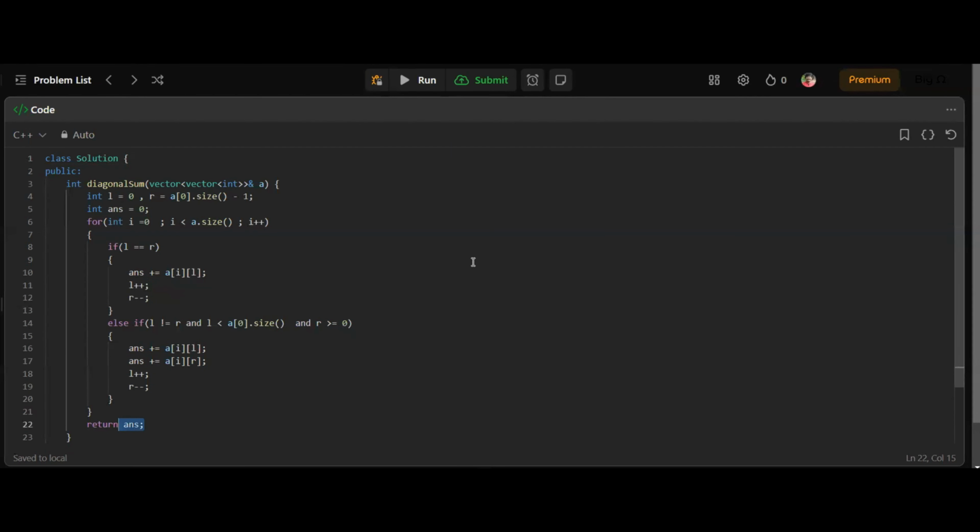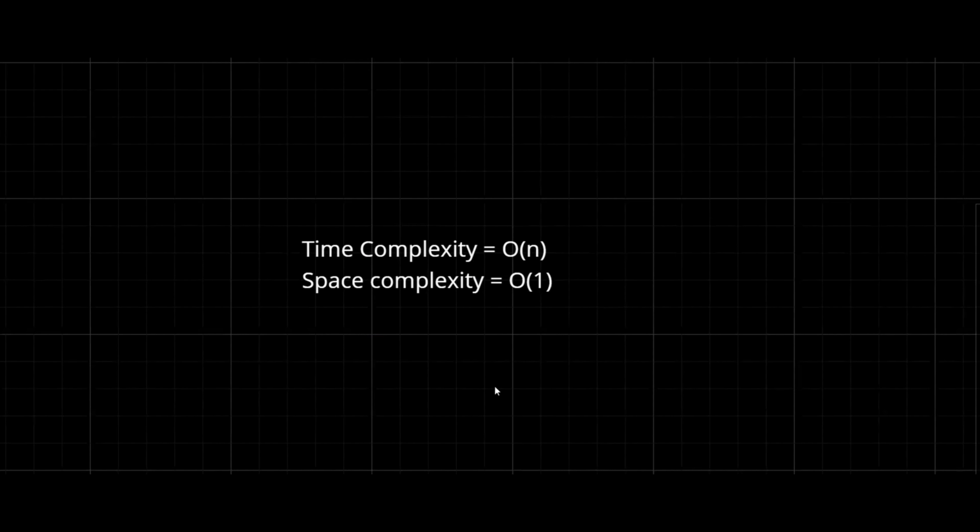Now let's move on to the time and space complexity of this program. In this program, the time complexity is big O of n because we are using one for loop to iterate over each row, and the space complexity is big O of 1 because we are only using constant space for this